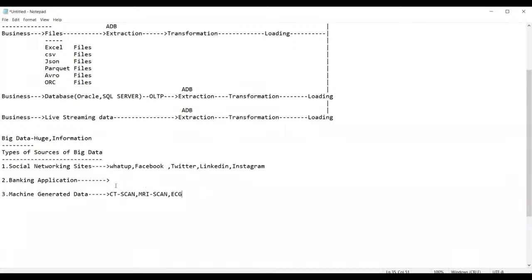That means a massive amount. The CT scan machine generates a very massive amount of data. So that is called machine generated data. Any machine which generates data is called machine generated data. That's it. Then afterwards,